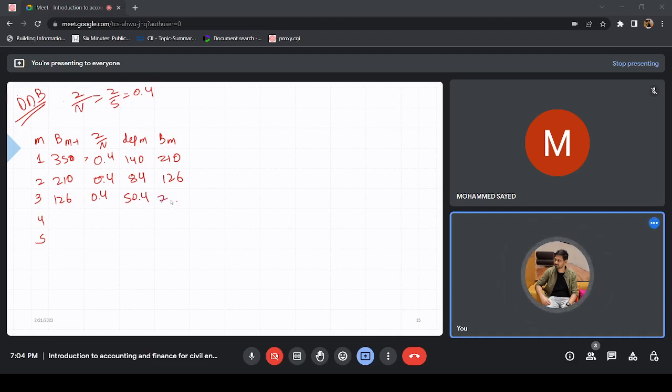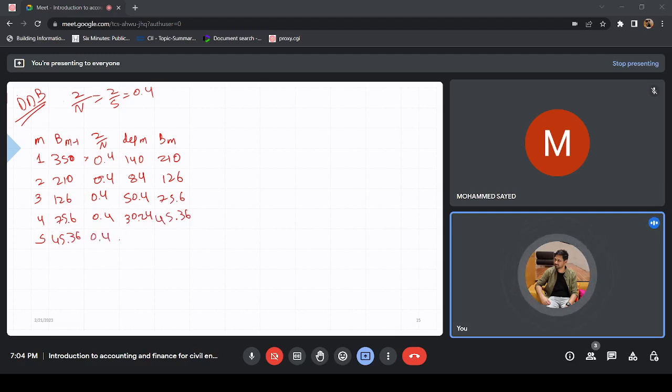No, 75.6. 75.6 into 0.4, that is 30.24. 30.24, that means this remaining value is 45.36. Okay, so 45.36